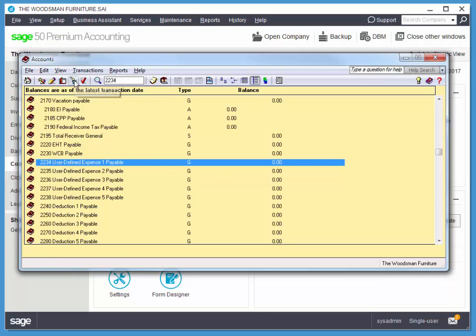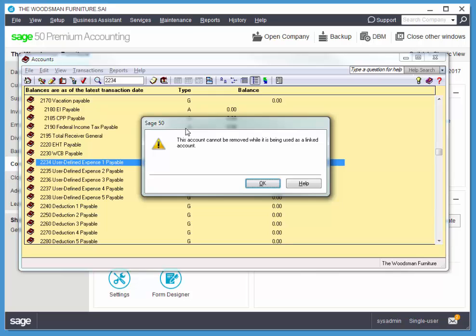So I'll use my little trash can, and I get an alert: this account cannot be removed while it's being used as a linked account. So again, this has no balance. No transactions have been posted to this account. However, it is linked in setup settings. So we have to go and find where it's linked in setup settings, remove the link, and then come back and delete it. So I have a bunch of accounts that are linked,